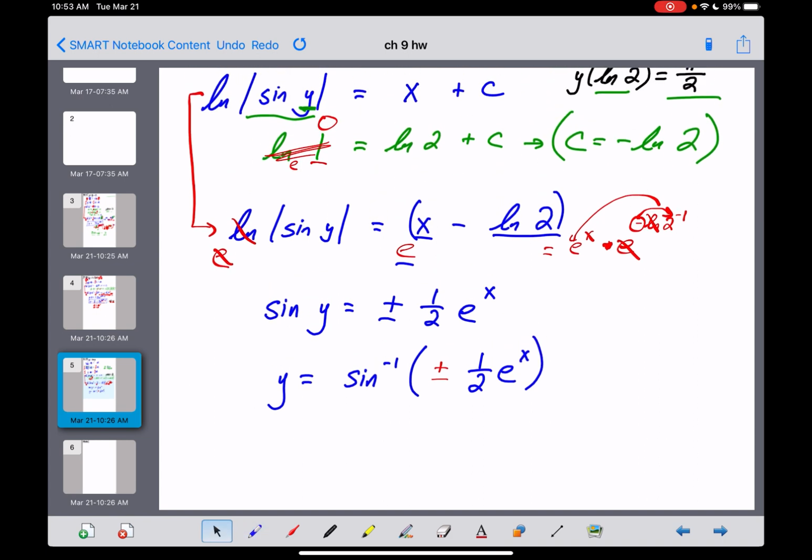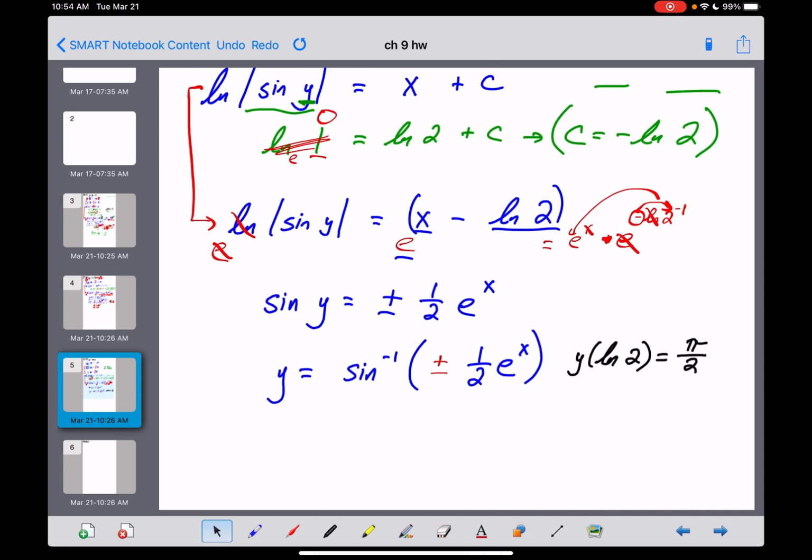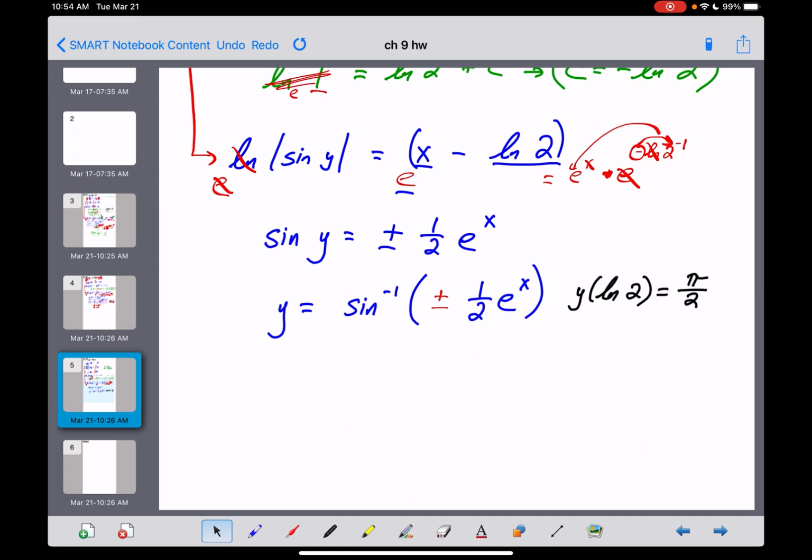So the question is then, guys, is it the plus or minus case that will get this initial condition to work out? Let's just dive into it. When x is natural log of 2, that goes right here. So this becomes a 1/2, and then e to the natural log of 2. Well, the e and the natural log cancel, and the 2 just comes down and multiplies by that 1/2 to make 1. So now we're taking the inverse sine of either plus or minus 1,